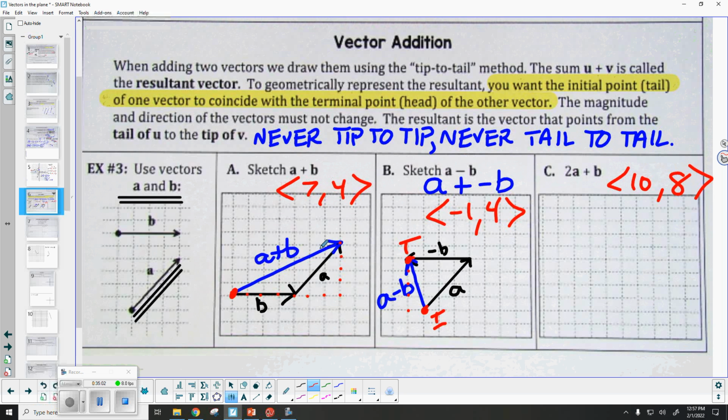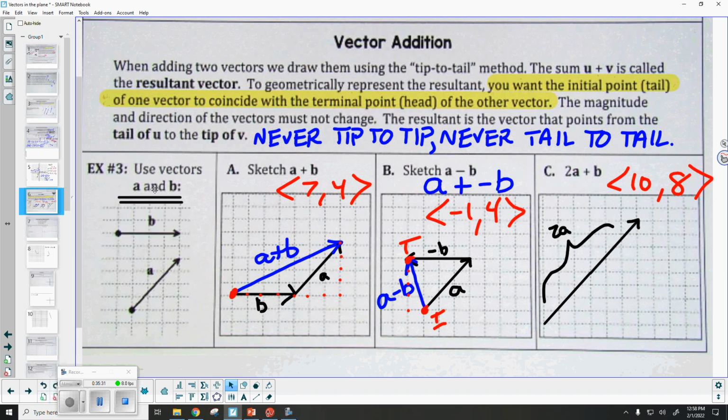Okay, so the first thing I'm going to do is double vector A. So I'm going to go ahead and start over here on the very left side just to make sure I have enough room. So here's one vector A with its normal magnitude. Then I'm just going to take another vector identical and put them end to end. So this right here, this is 2A. Okay, here's the head of that. Now remember, when you're doing this graphically, you can only connect a head to a tail. Never two heads, never two tails.